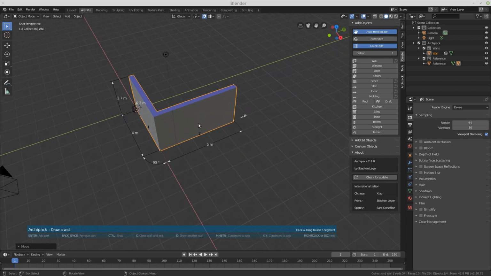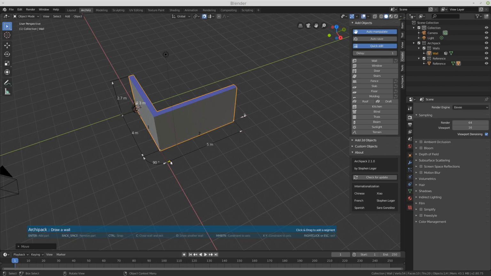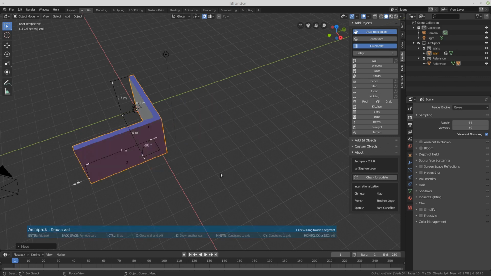While drawing, I'm able to change or manipulate any value you have here. So I can use this one, the same for the other side, say 4 meters, using keyboard 4. You can set up the angle for the last segment, which means if I set it to minus 90, it goes that way.